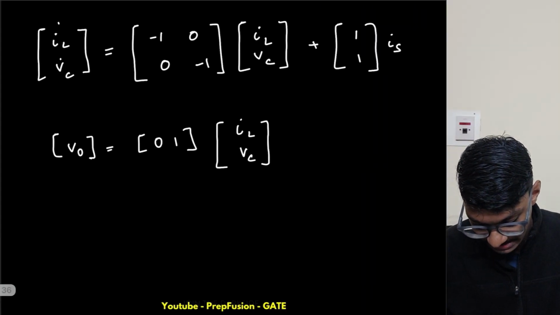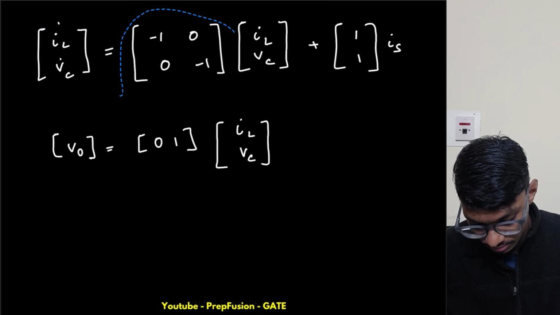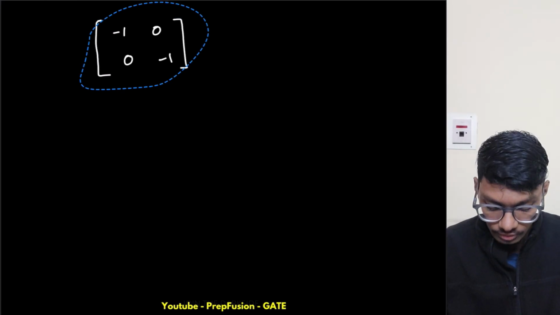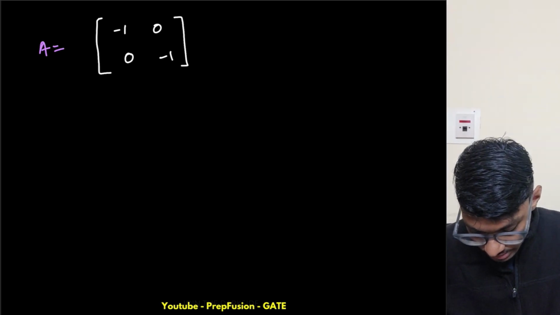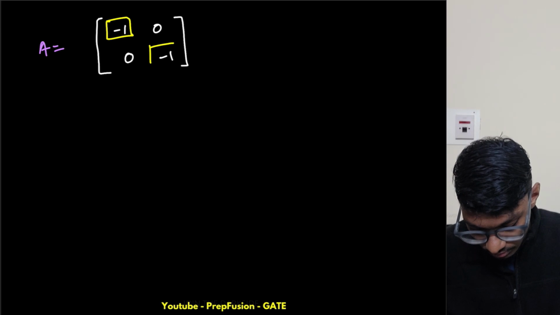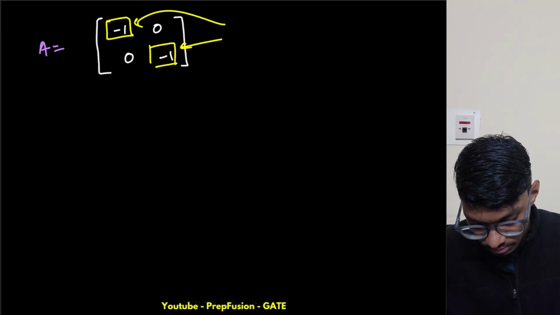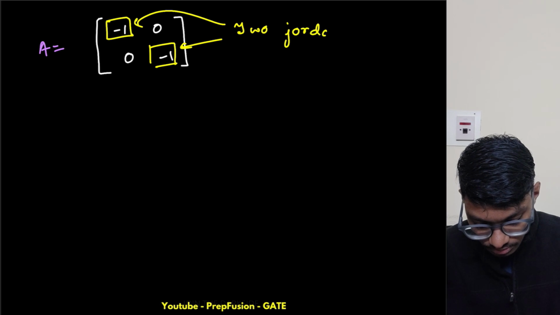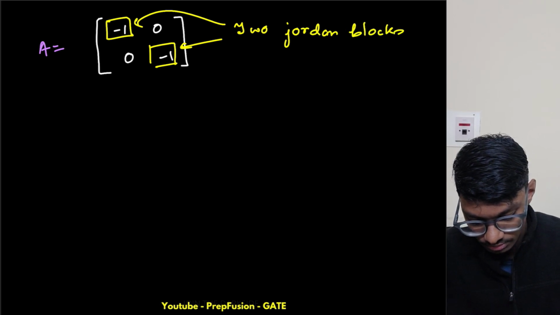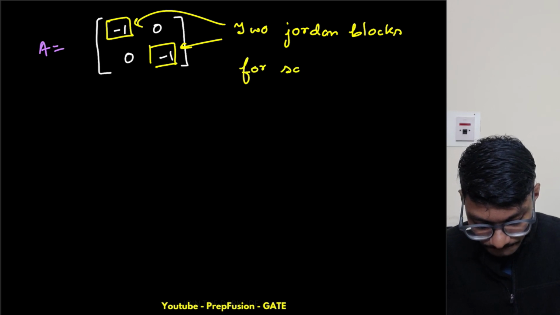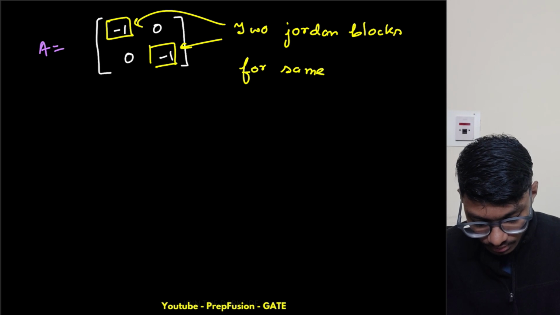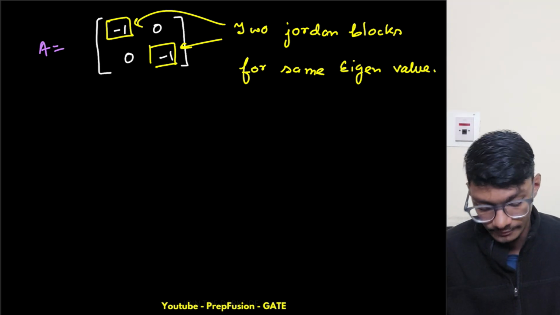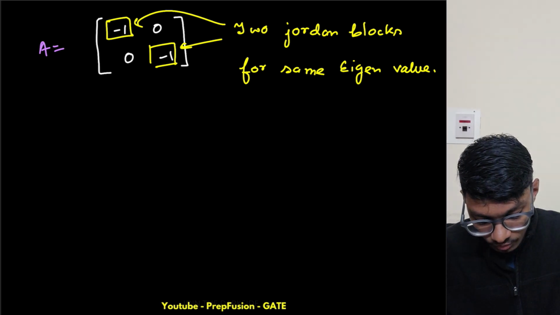I'll just copy this. If you don't know the concept of eigenvalues, then it is difficult. Obviously, I can't explain everything right now. So A is this, and what I can see is I have 2 Jordan blocks for the same eigenvalue. So hence I can directly say it doesn't follow rule 1